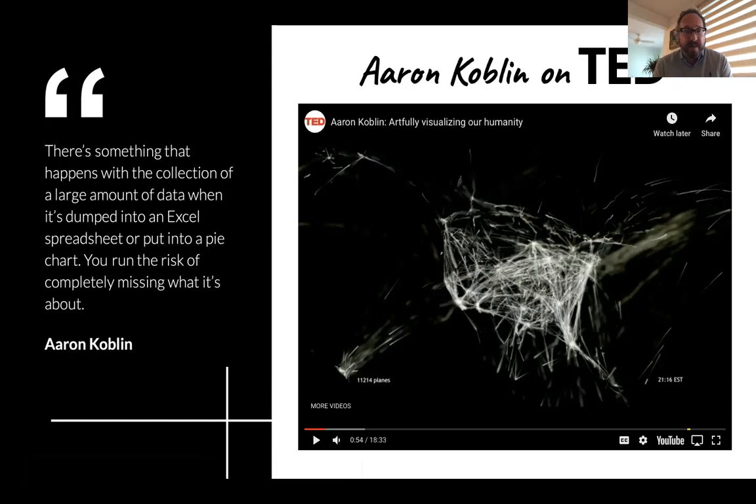There's something that happens with the collection of a large amount of data when it's dumped into an Excel spreadsheet or put into a pie chart. You run the risk of completely missing what it's about. Now, I don't use a lot of pie charts now. They seem a little bit dated, but Excel spreadsheets I run into every day because I work with analysts,